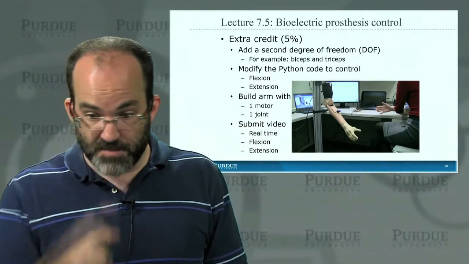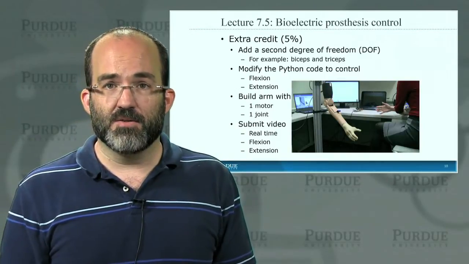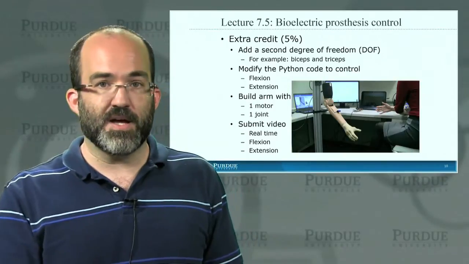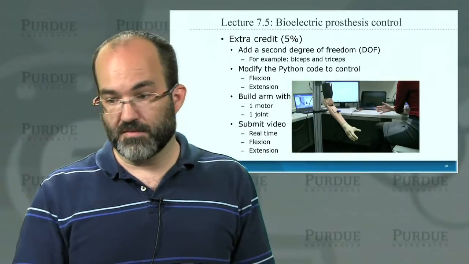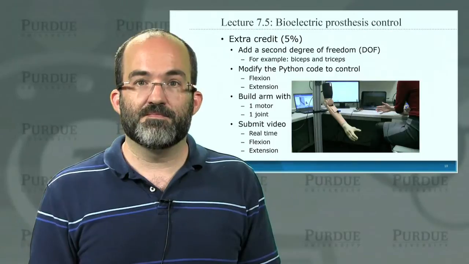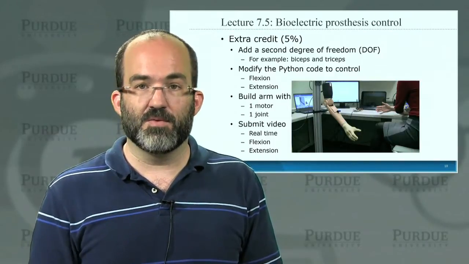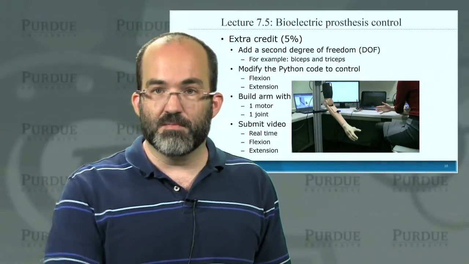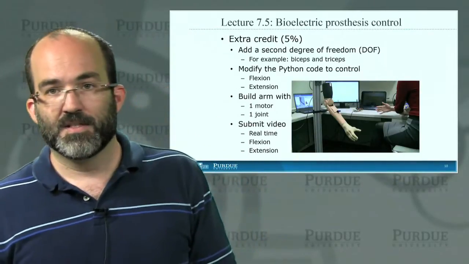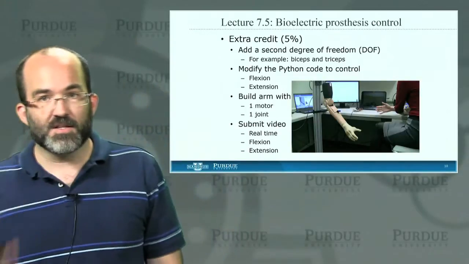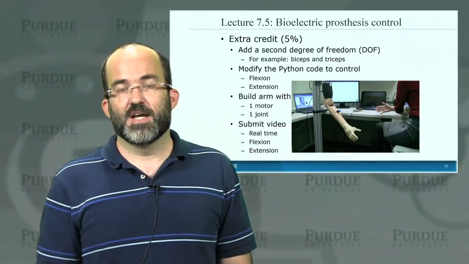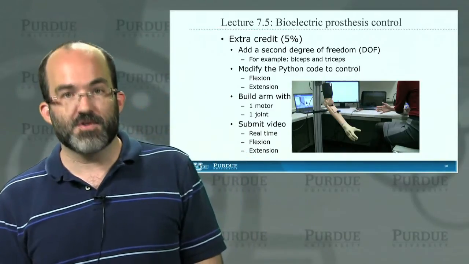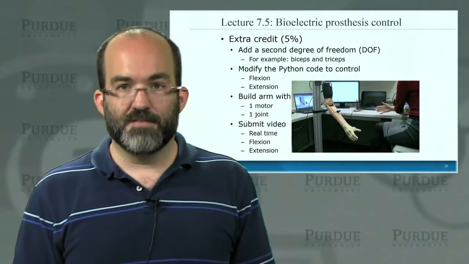If you would like to do something other than an arm, say you would like to control a motorized car where you can go left, right with 1 degree of freedom, like contracting and relaxing, and you can do fast, slow with the other degree of freedom, and you want to control a robotic car driving around a room with muscle flexion and extension, that's fine. If you want to use the electrooculogram instead of an EMG signal, and you want to use the eye motion in order to move a cursor around a computer screen, that's fine too.